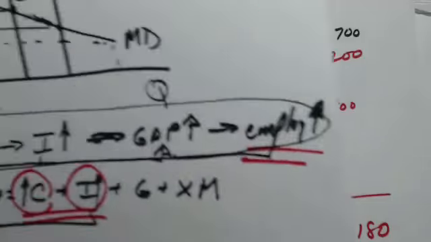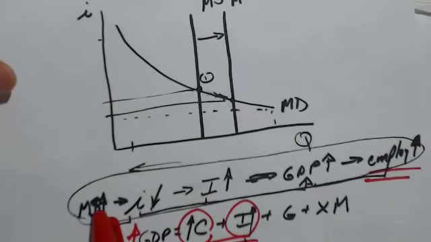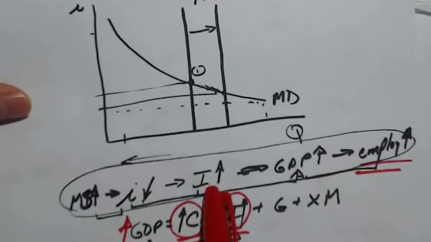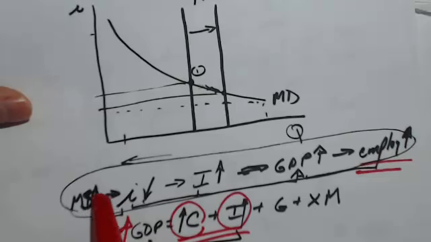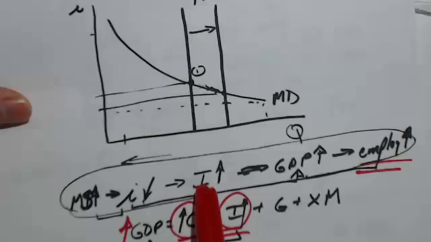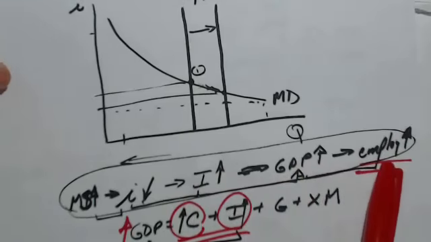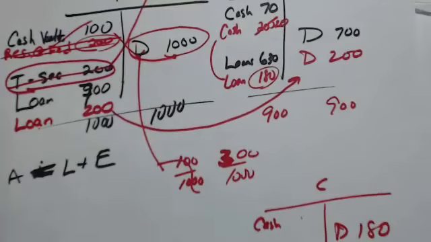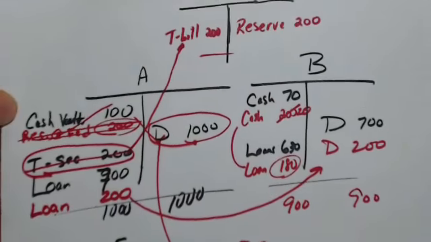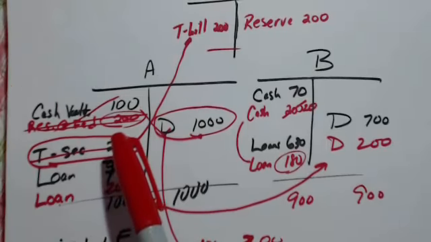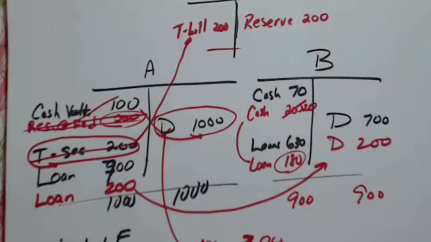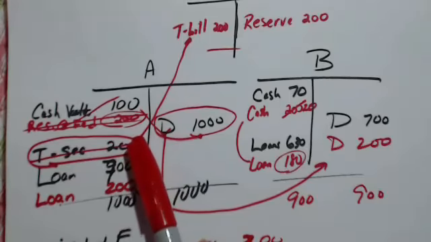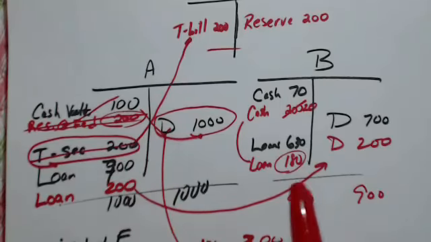And so notice what happens. There's a couple of things. This whole chain of reactions depends on how market participants react to what the Fed is doing. So the Fed is trying to do this, and it's hoping that this pattern unfolds, but it doesn't necessarily always happen. The other thing you need to keep in mind is the Fed doesn't control excess reserves by banks. Banks sit sometimes on excess reserves. They may not lend it out. And if banks don't lend the excess reserves out, then the whole process of increasing the money supply stops dead in its tracks.